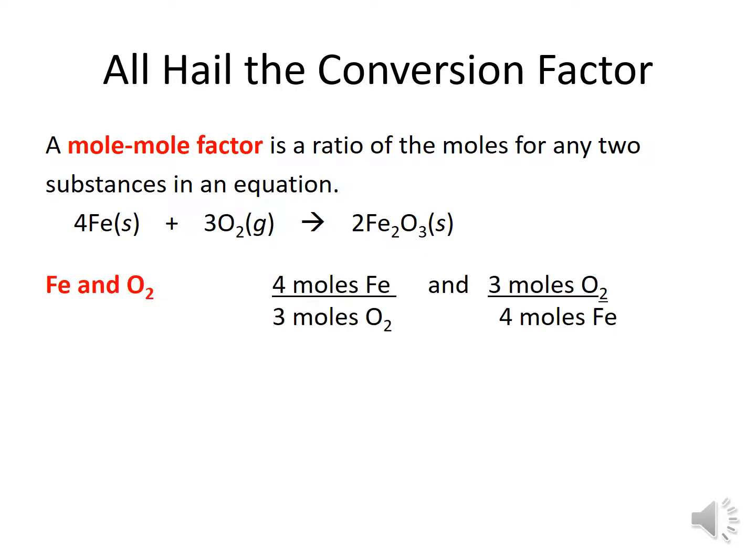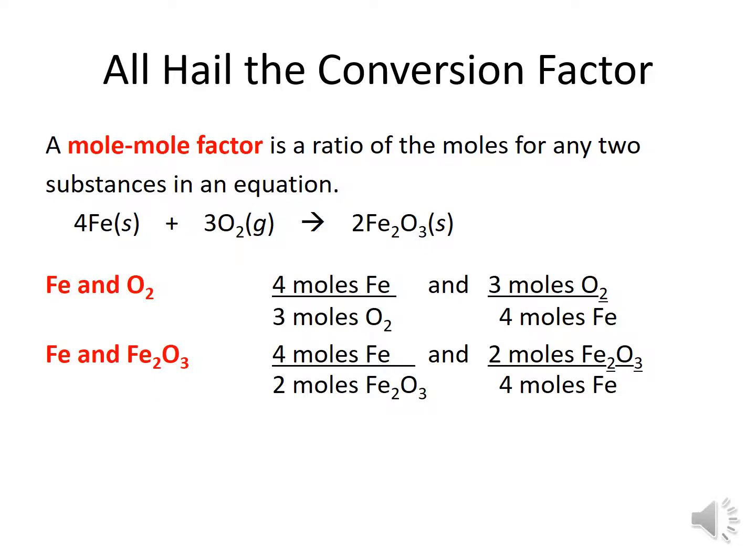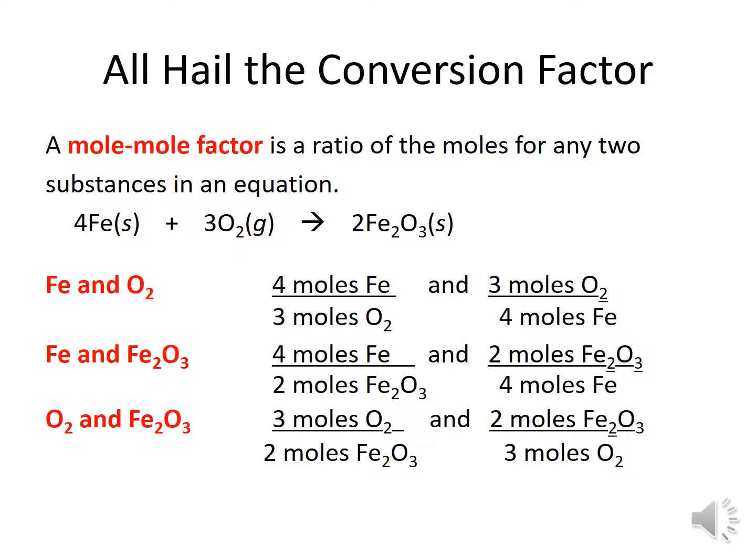conversion factors. For example, the factors for Fe and O2 are 4 moles of iron for every 3 moles of oxygen. Or if you flip it, 3 moles of oxygen for every 4 moles of iron. The ratio for iron to iron oxide is 4 to 2. 4 moles of iron for every 2 moles of iron oxide, or inversely 2 moles of iron oxide for every 4 moles of iron. I want the oxygen to iron oxide ratio. It's 3 moles of O2 for every 2 moles of Fe2O3, or 2 moles of Fe2O3 for every 3 moles